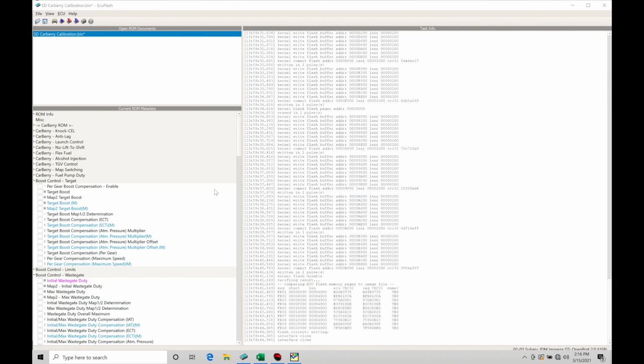Okay, so let's get started. We're going to be taking a look at working with our speed density style tuning utilizing a Carberry ROM. More specifically, we're going to be focusing on doing the closed loop style tuning for idle and part throttle driving. We're going to have a separate tutorial. In fact, the next tutorial, we're going to be taking a look at doing the full throttle open loop style